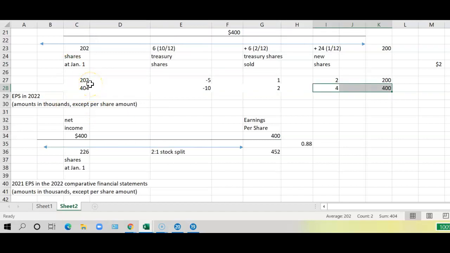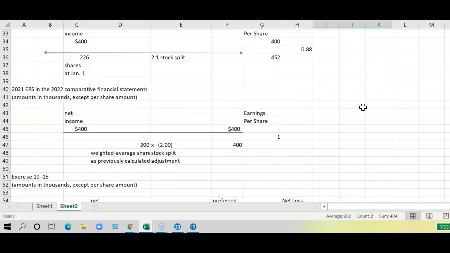You would take 202, because you go back to 2021, because we want it to be comparative, and therefore you would better understand the earnings per share. And we treat that the stock split in 2022 really has to be recorded in 2021 for comparative purposes. So you would go 202,000 shares times 2 gives you 404,000 shares, minus 10, which is a -5 times 2, minus 10, plus 2, 1 times 2 for the stock split, and 2 times 2 for the purchase of new shares